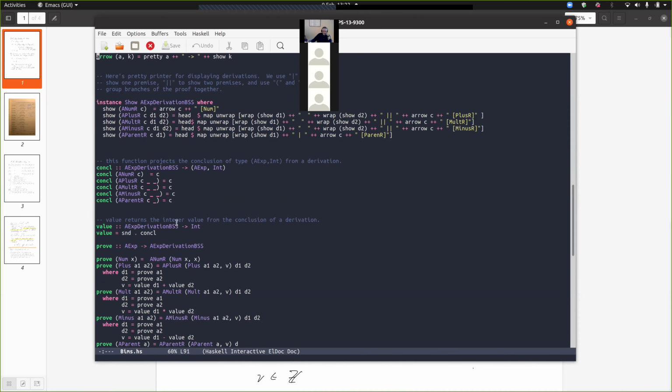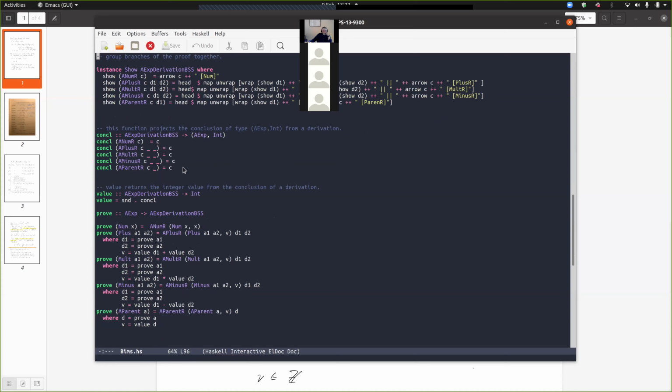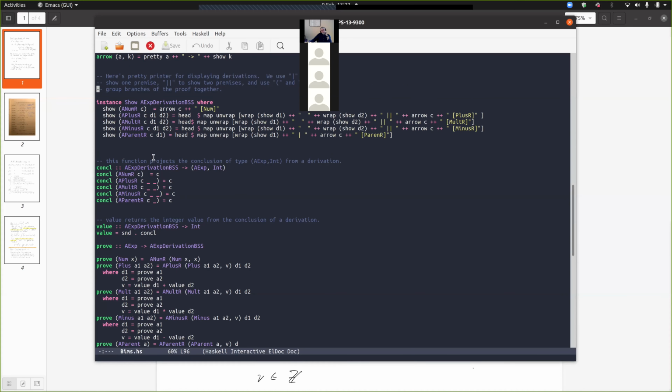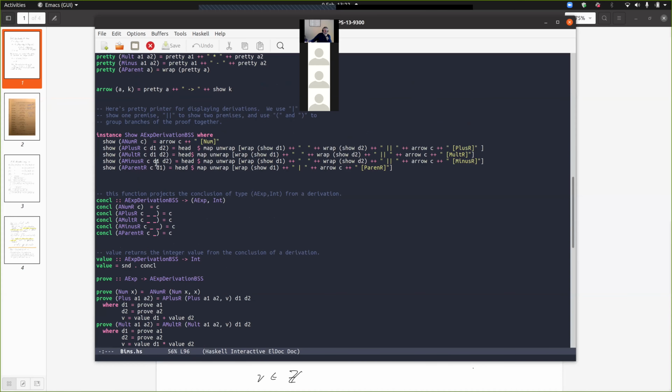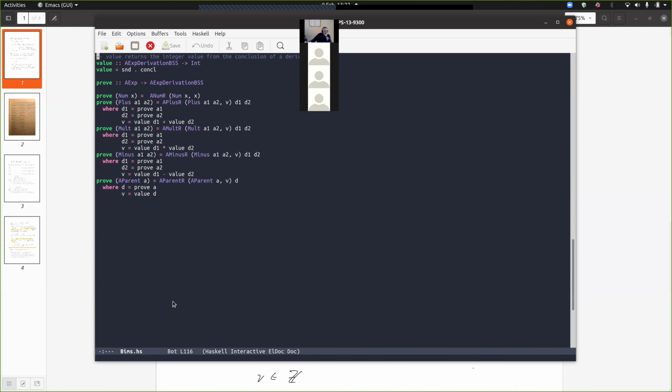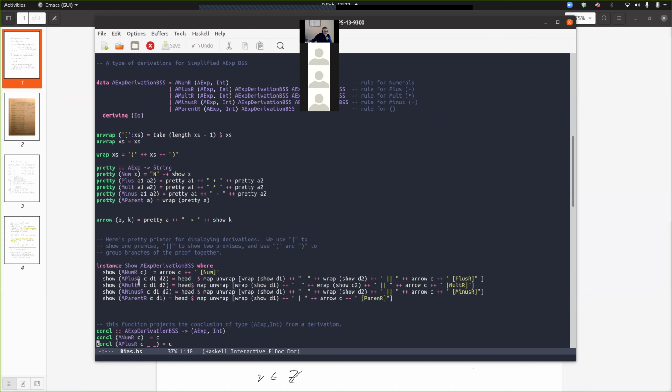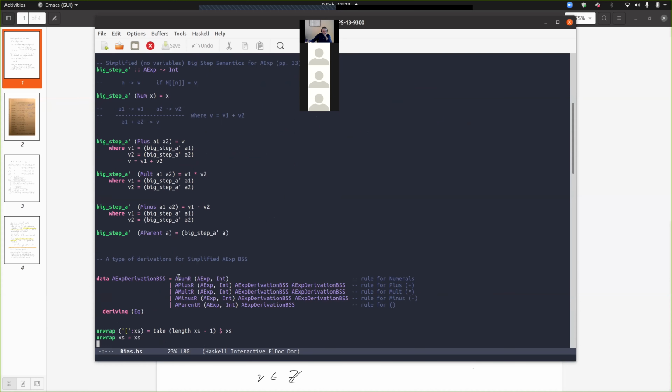And then we built down here also a, let's see, what is this doing here? Here's the data type for derivations for A expressions. And so like with that ANUM rule, there's no premises, but for plus,